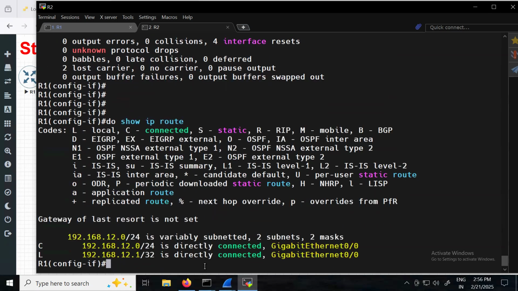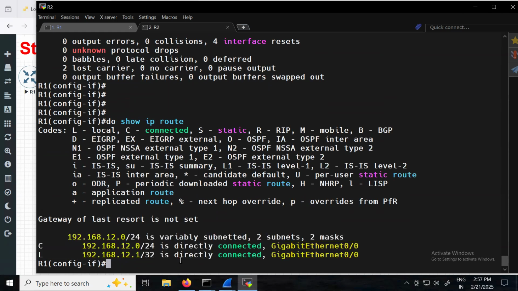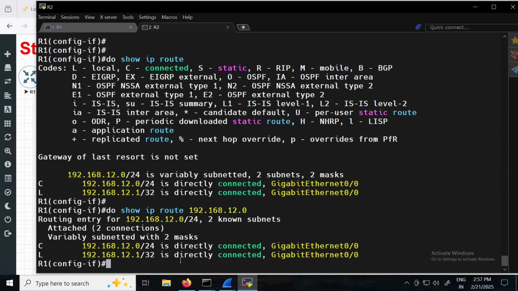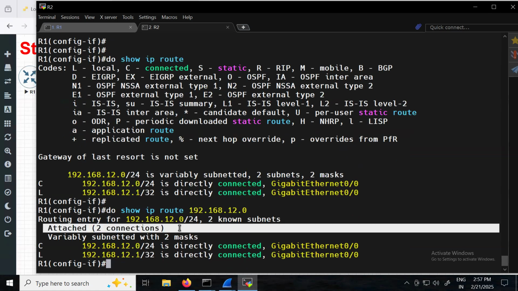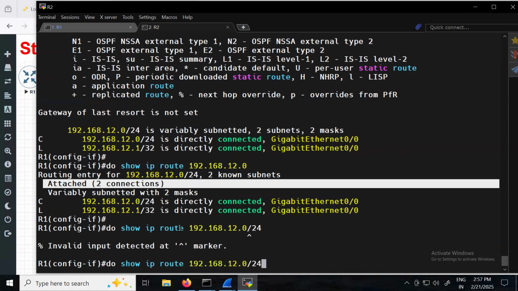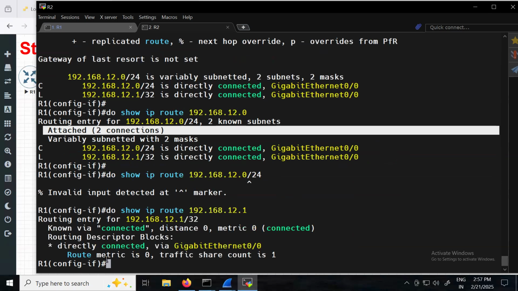Do show IP routes. What do we have? We have the routes. Now you can say these are already attached. Okay, these are already attached. So, with a slash value it will not take 12.1. Now you see